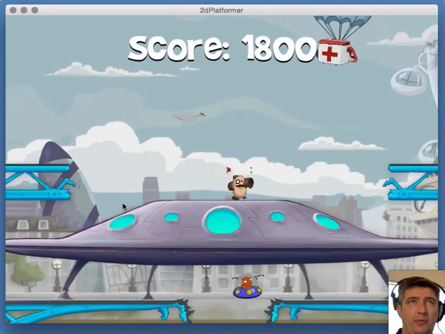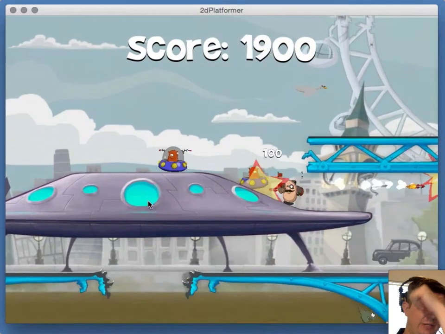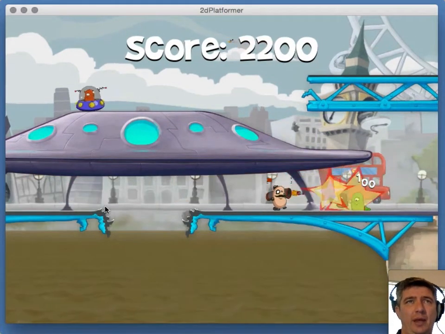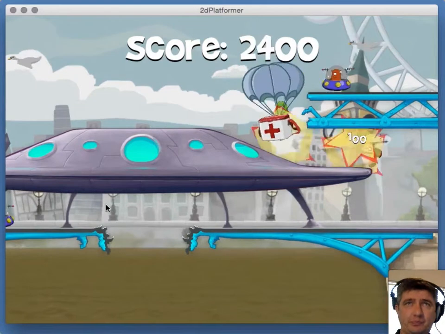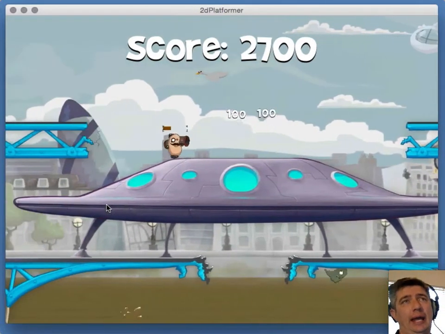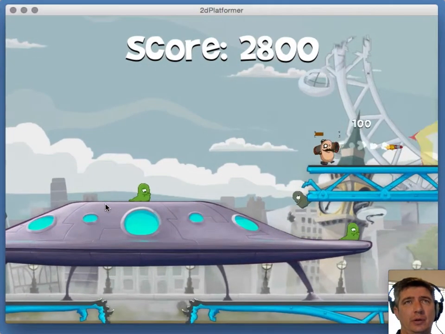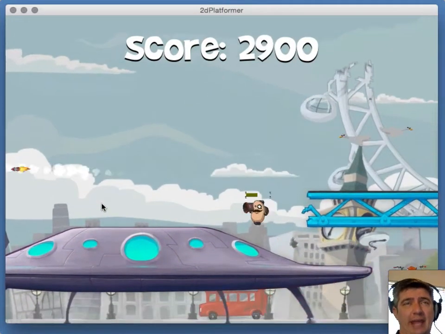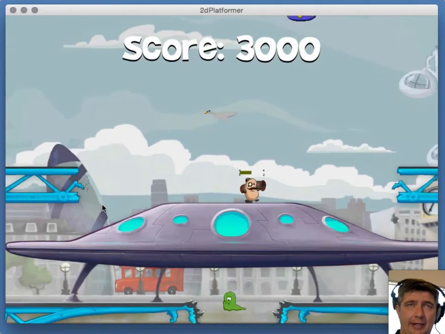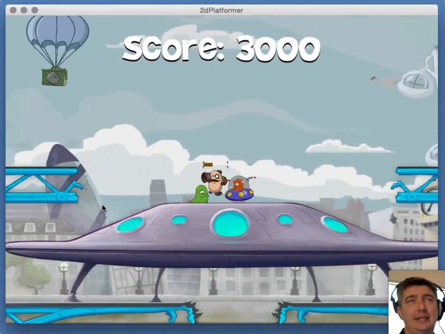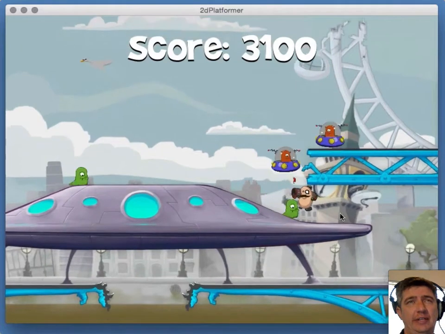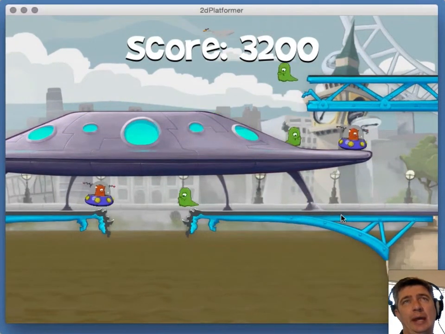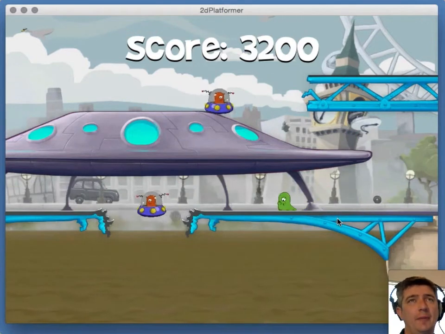And it is a platform game where you're mainly running and jumping between different platforms. And in this case, you are a bean with a monocle and a top hat and a bazooka. And you are going to save London from the alien invasion of these cute red and green aliens. You can tell it's London because London Bridge has fallen down. There's Big Ben over here, all broken up, and there's the London Eye.